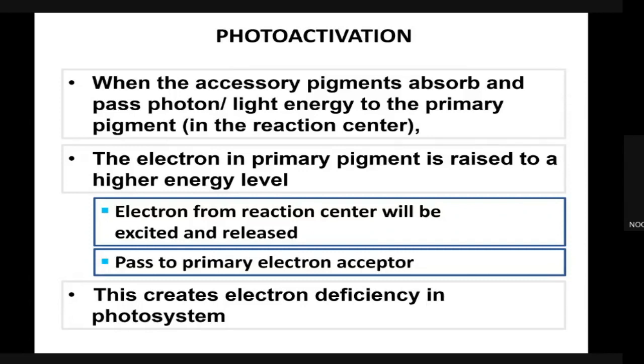Photoactivation occurs when the accessory pigments absorb the photon, the light energy from the sunlight, and pass it to the primary pigment. The primary pigment is in the reaction center. Then the electron in the primary pigment is raised to a higher energy level. They become more reactive. Then the electron from the reaction center will be excited and then released to the primary electron acceptor. So this is still in the reaction center. The excitement of the electron to the primary electron acceptor causes an electron deficiency in the photosystem. It becomes a bit more unstable because it lost